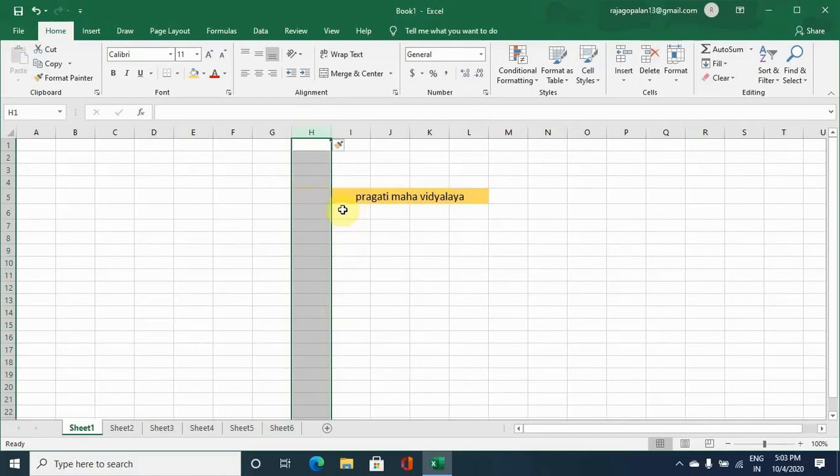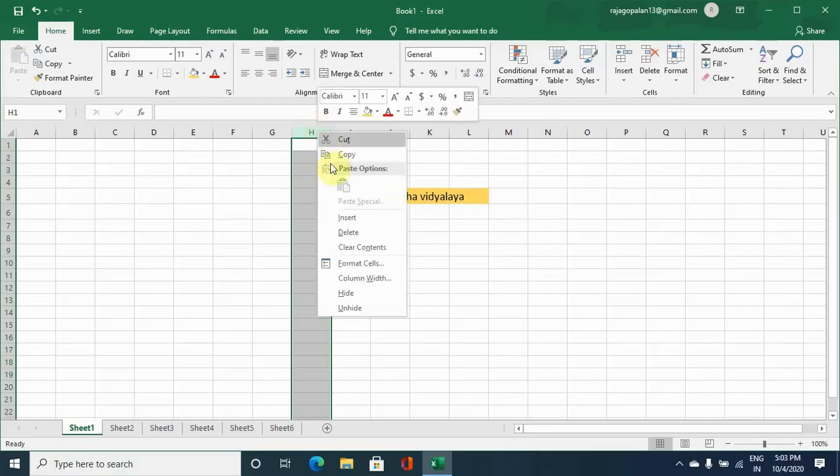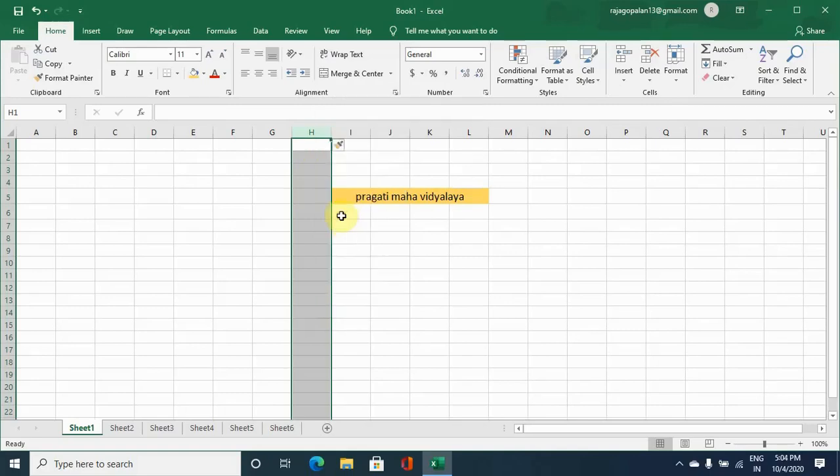So this is the option wherein you can insert the extra column. Now whenever you are inserting, what you have to keep in mind is that whichever column you have selected, when you go for the insert option, the new column will be inserted to the left of the column that is selected.